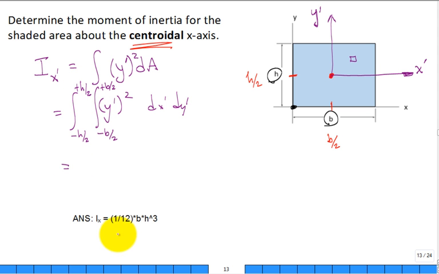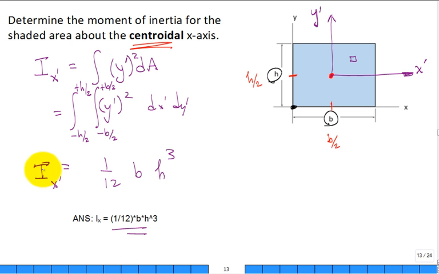And here's the answer. We've done it before, but it's 1/12 base times height cubed. So for a little rectangle of base b, height h, the area moment of inertia through the centroidal x-axis is